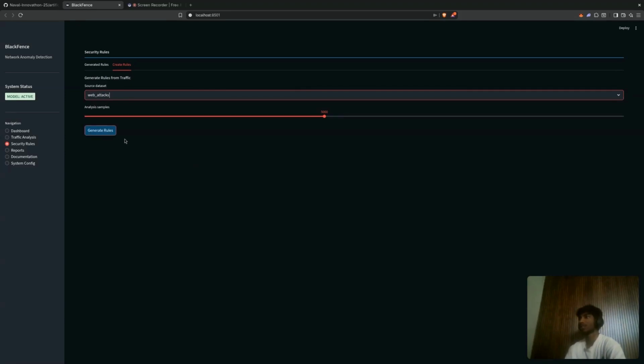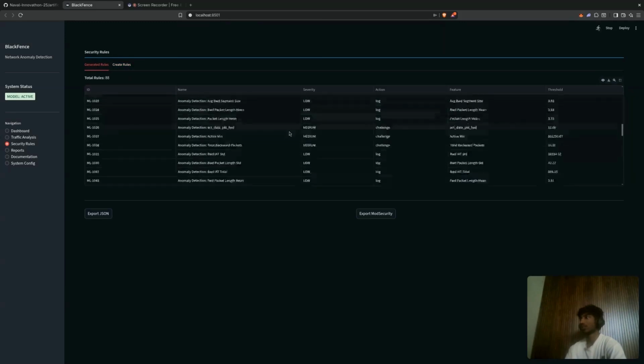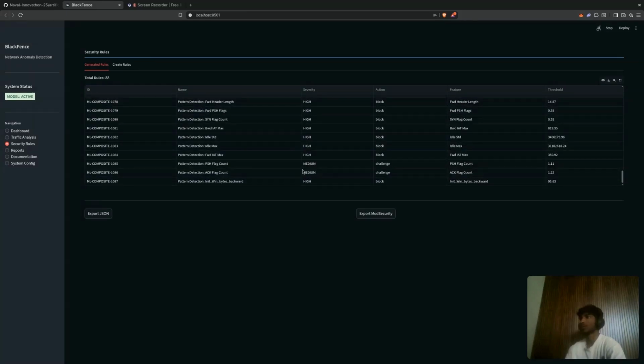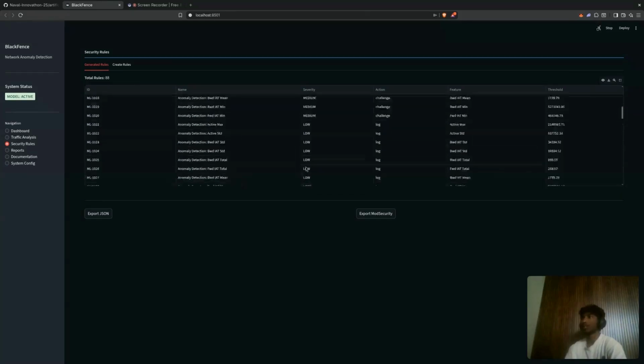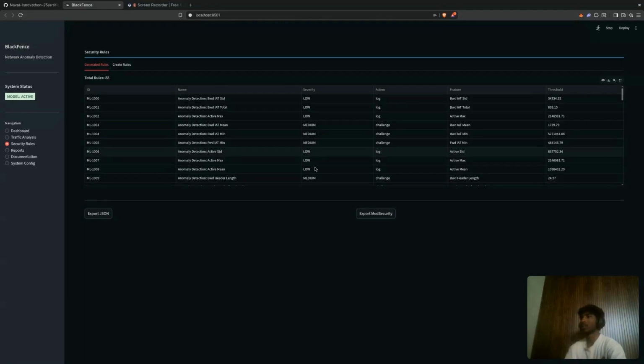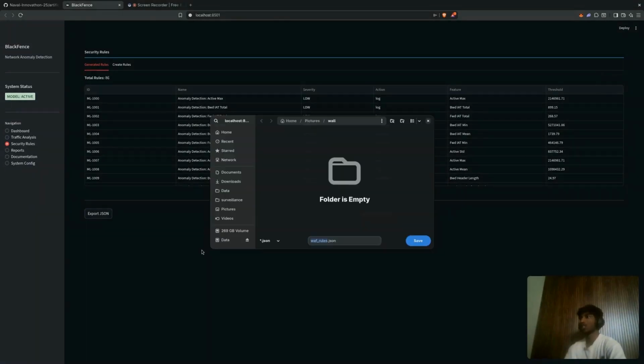Let's check for web attacks. It takes a bit of time. The generated rules will be visible here. Here you can see the rules have been generated for web attacks based on the baseline scenario that we did earlier. We can export it as JSON